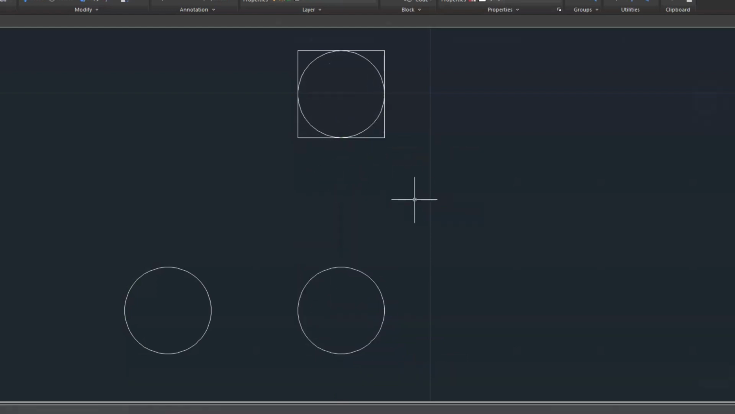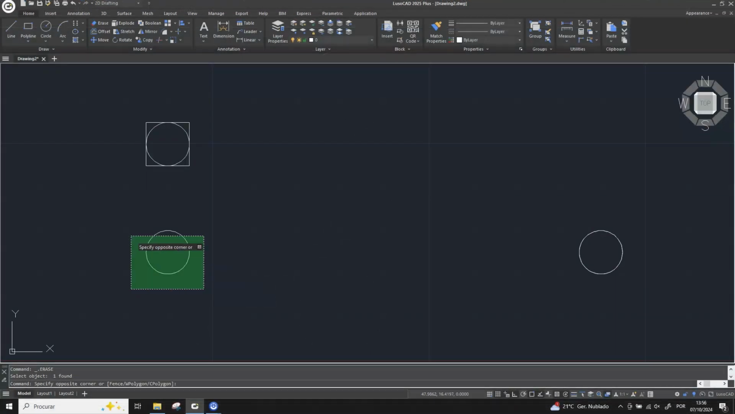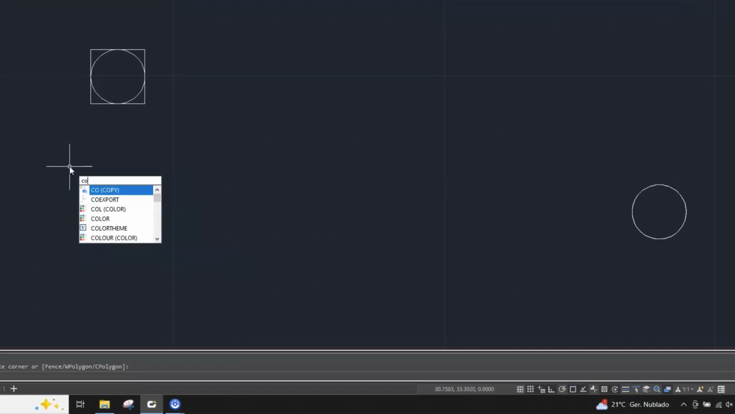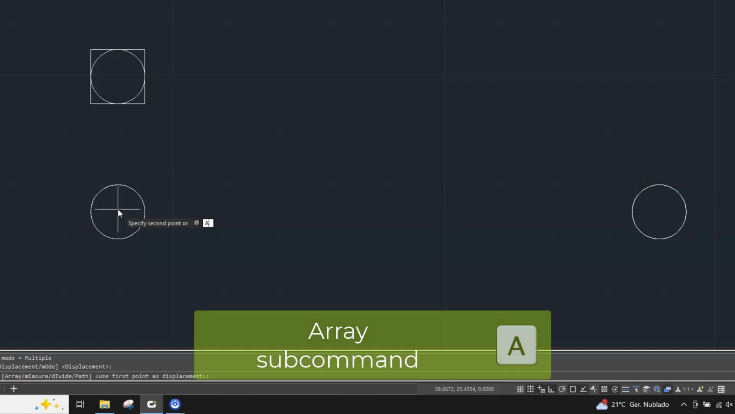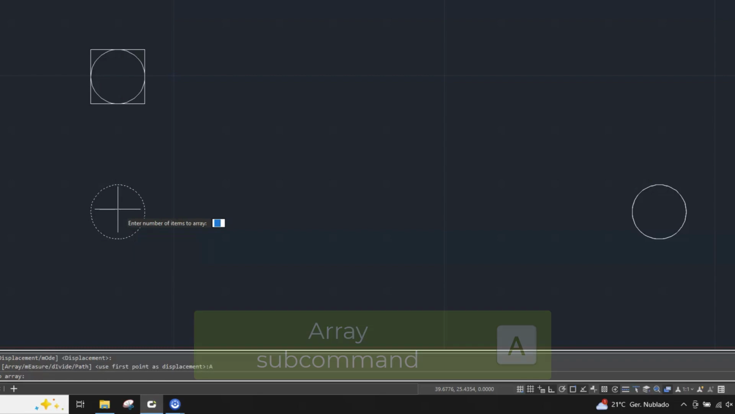Now let's try again, this time paying attention to the subcommands when we select the object. If we type A, we will be able to create an array using copies of the circle. Let's input the number of copies